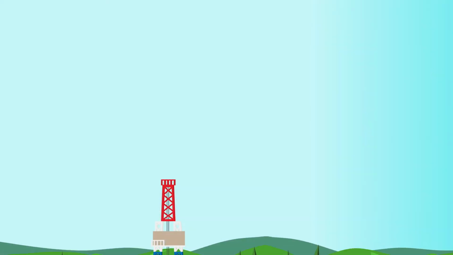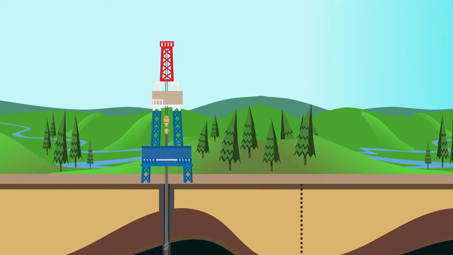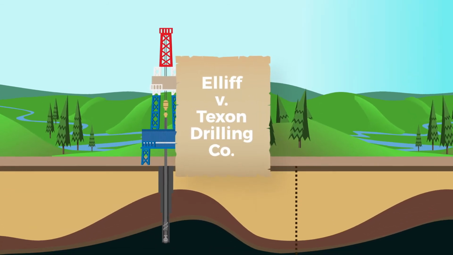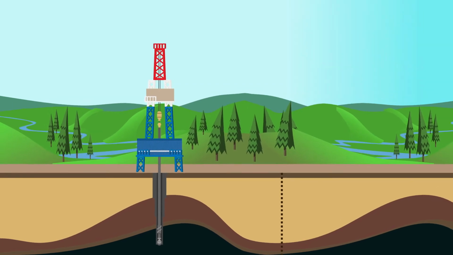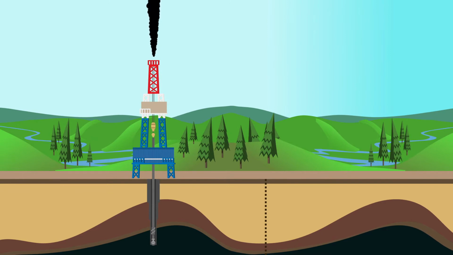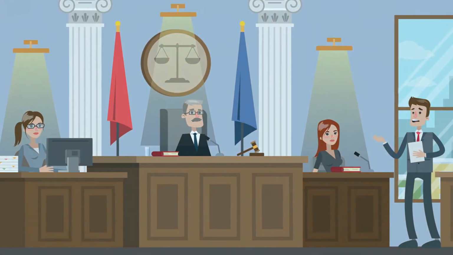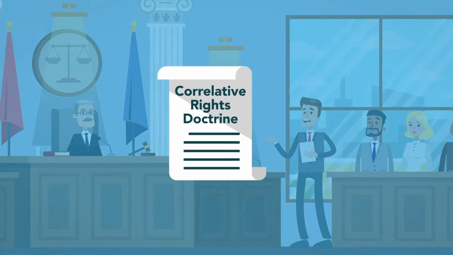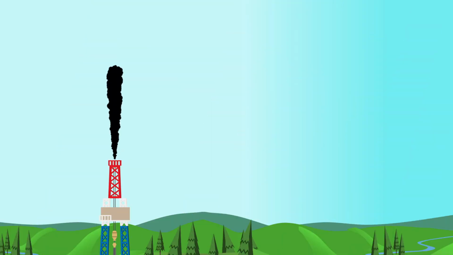The doctrine of correlative rights is best illustrated by the case of Elif v. Texon Drilling Co., which involved an oil well that malfunctioned and damaged a neighboring extraction operation. The defendant negligently permitted one of its wells to blow out and burn, which caused large quantities of oil from plaintiff's property to drain. The plaintiff sued for damages from the lost oil and was able to recover based on the principles of the correlative rights doctrine. The defendant was wasting the mineral resources in this case, rather than making economic use of them, which gave rise